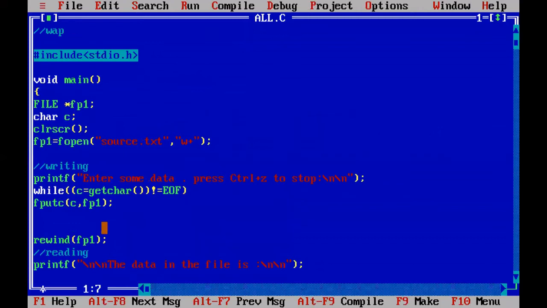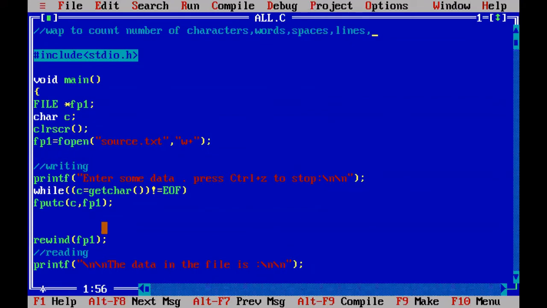Write a program to count the number of characters in a file, the number of words in a file, the number of spaces in a file, and the number of new lines, that is, the number of lines in a file, and they will give you one character. For example, B or C or D.